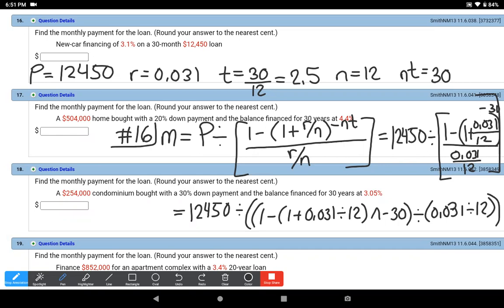So good thing we rewrote it because I made a misprint there. Again, we're still just working on number 16 here. So ignore the fact that there are these other numbers around, but